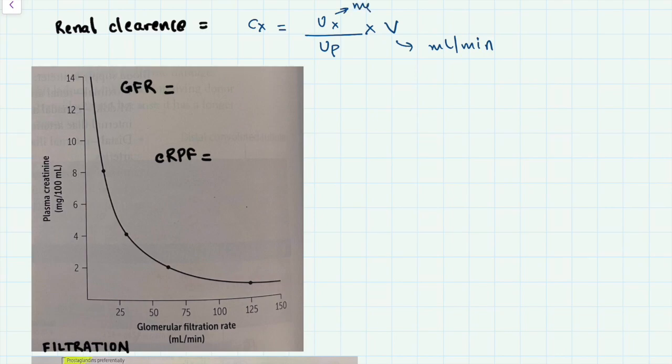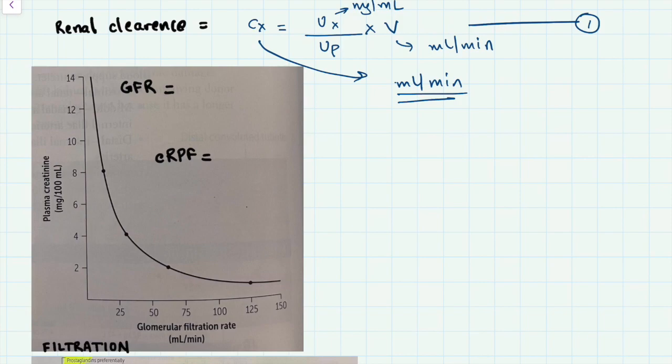This will be in mg per ml. Therefore, the unit of clearance comes out to be ml per minute, right, as these two will cancel out. So this is an important equation, and they can give you direct MCQs and numericals based